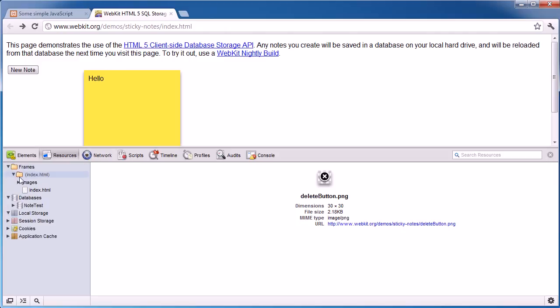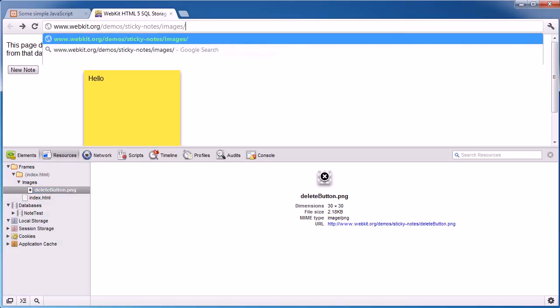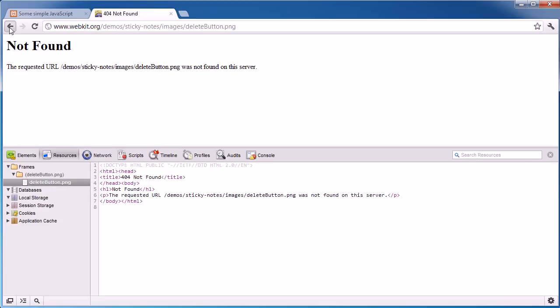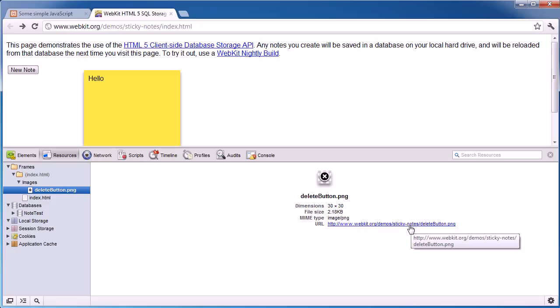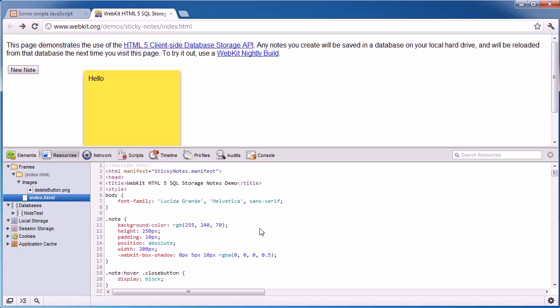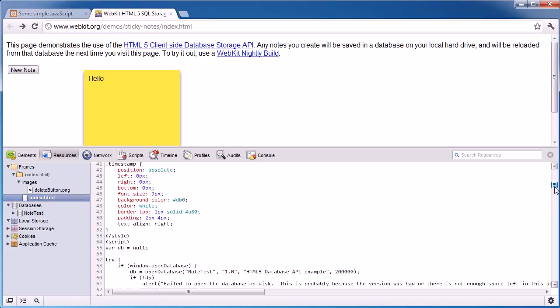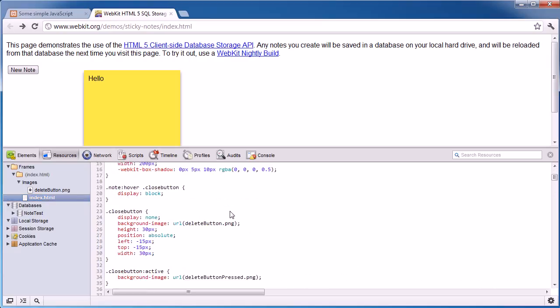We've got this overall root. We've got an images folder, which is delete button.png. So for example, if we were to go to images/delete button.png, oh, sorry, there we go. No, that's not a folder. Sorry, folder here, and then images are just images on the page. So you can see the URL for that there. My mistake. So not only can we view the source here in a friendly syntax highlighted way,